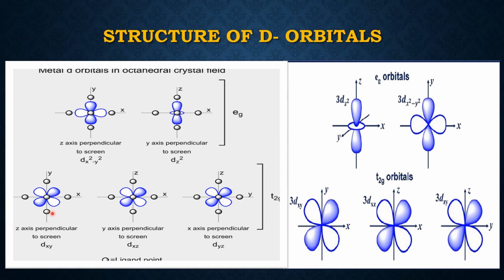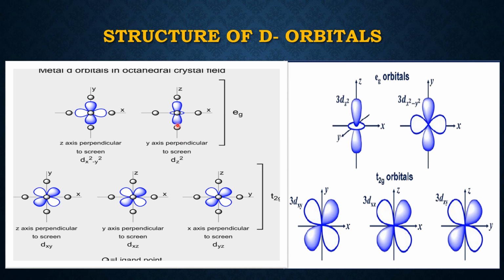These lie in between the axes. See, this is the center, and in between the axes, the orbitals dxy, dyz and dzx have electrons revolving. I'll show the 3D diagram also, but you can assume dxy, dyz and dzx lie in between the axes, and then dx square minus y square and dz square